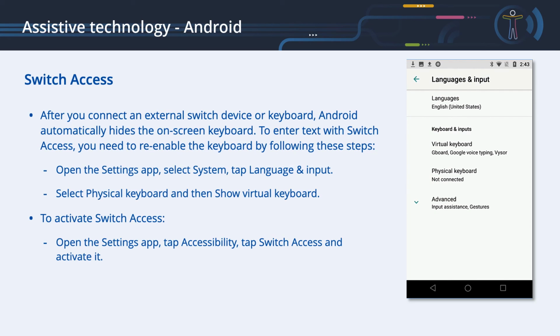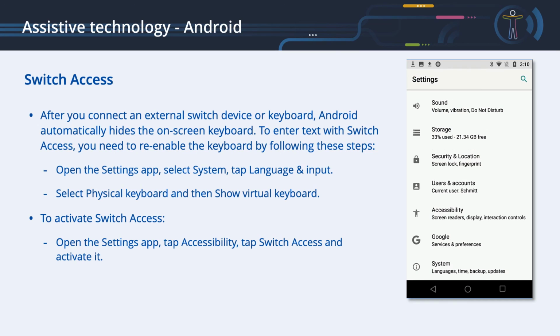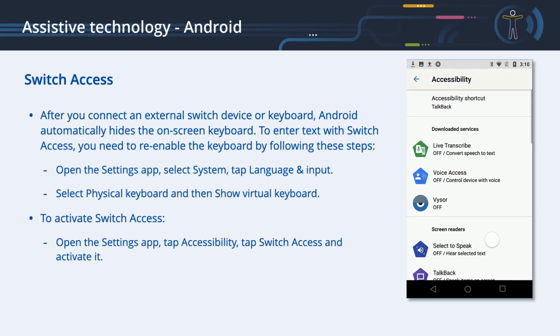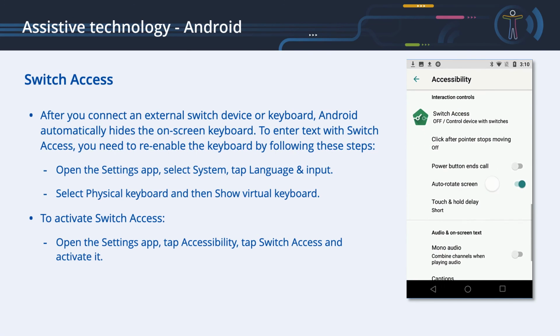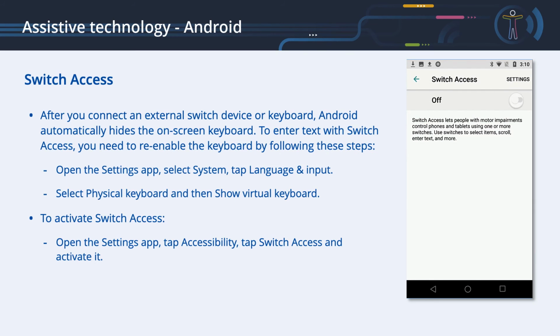Select Physical Keyboard, and then show Virtual Keyboard. To activate switch access, open the Settings app, tap Accessibility, tap Switch Access, activate it.